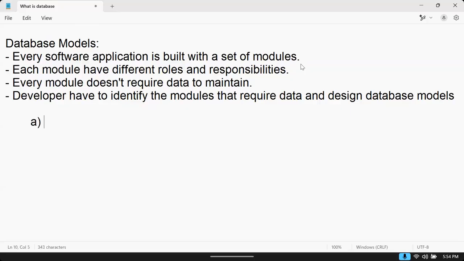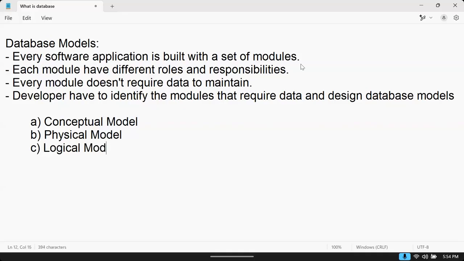We have conceptual model, physical model, logical model, and entity model. We have different models.